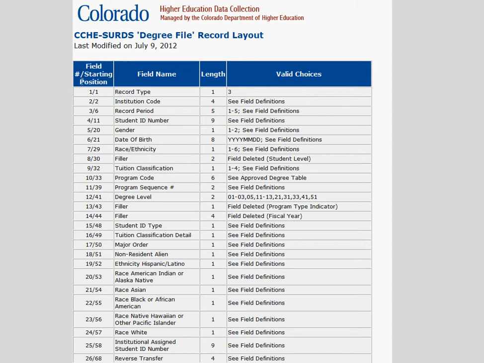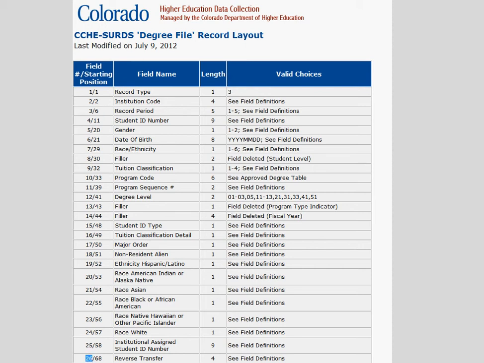When you come in here, you're going to see the number of fields. So you have a field position and then a starting position. The starting position refers to one type of data file, the fixed file. If we're going to create a comma delimited file, the starting position is less important, but I'll show you the difference in a moment. So if we just review this file layout for the degree file,